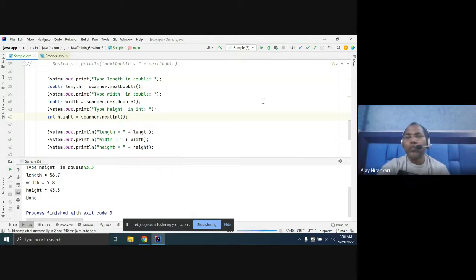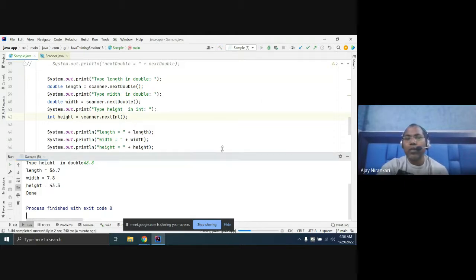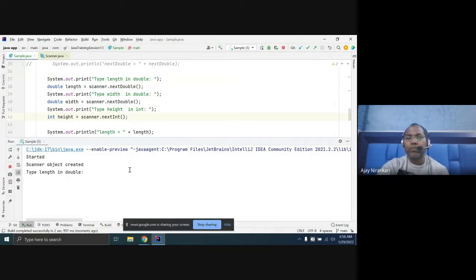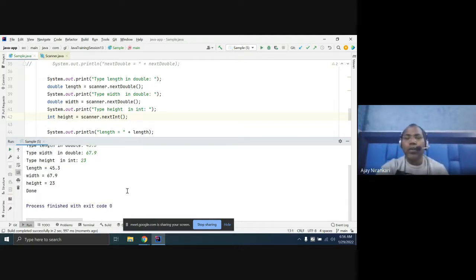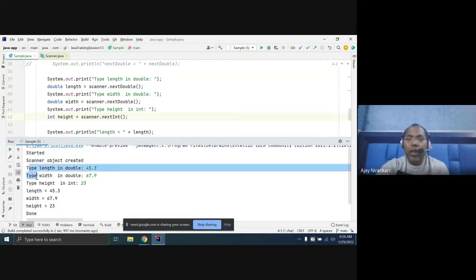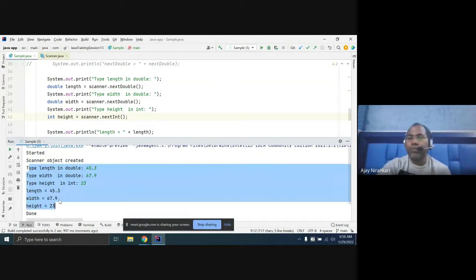So your message should be clear about what users can type. Length in double, I type double. Type width in double, okay, I type double. Again, type height in int. Okay, I have typed an int only. In this way you get a clear message about what you are typing or what you are expecting.